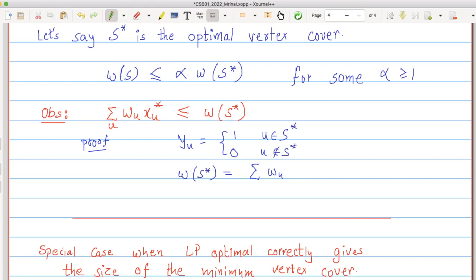So it's a characteristic vector of S star, and the weight of S star is nothing but the summation of w_u y_u. This is the objective value of the LP at this point y, and y is a feasible point for the LP,